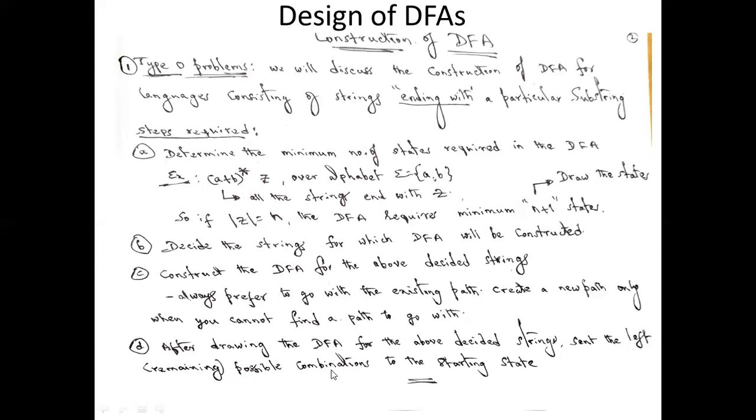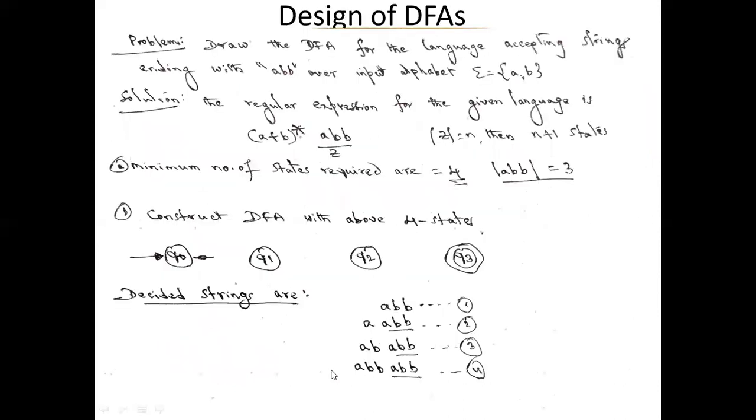I will show you one simple example. Suppose the question is: draw the DFA for the language accepting strings ending with ABB. So, starts with any number of A's and B's; this is the regular expression for this question. Starts with any number of A's and B's, even epsilon. (A+B) whole star means epsilon. This means only ABB, or one A followed by ABB, or one B followed by ABB,